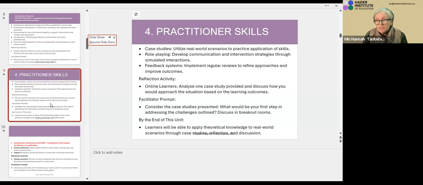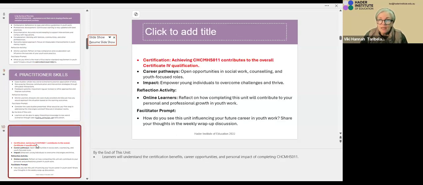Still relevant, even if it's not the unit that you're working on or ready to do, because we assess these same exact skills no matter what unit. It's about your practitioner skills. And the study and the knowledge comes from the unit and the information that you've got in your learner's guide. So here we have